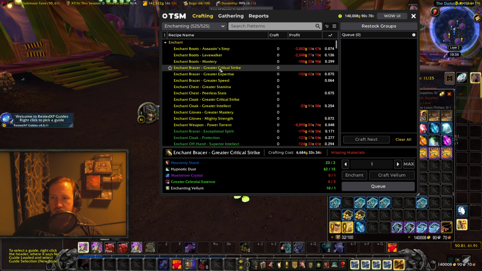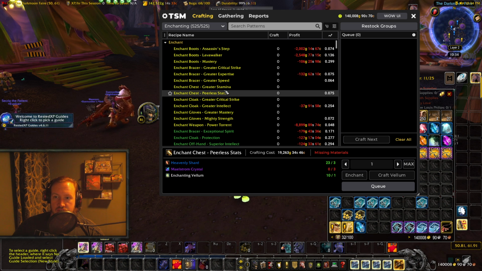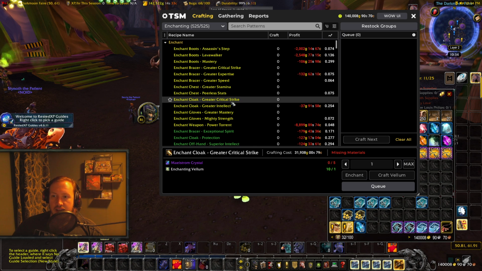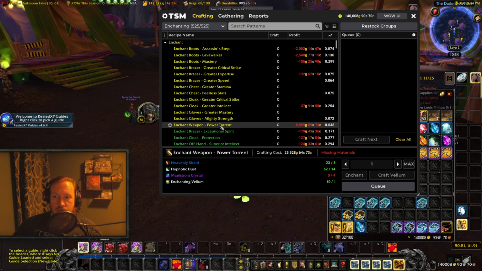Mastery, nothing right there. Bracer enchant, 1 crystal right there as well. And another Bracer enchant, another crystal. Enchant Chest, Peerless Stat, 3 crystals for a chest enchant. Enchant Cloak, 5 crystals for a cloak enchant, and then you have stuff like Power Torrent, 4 crystals for a